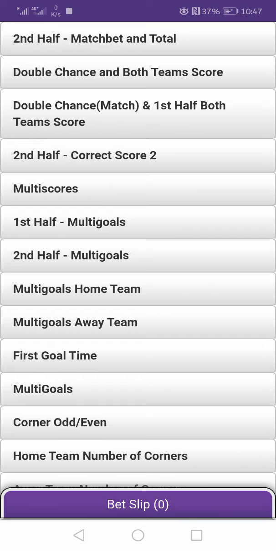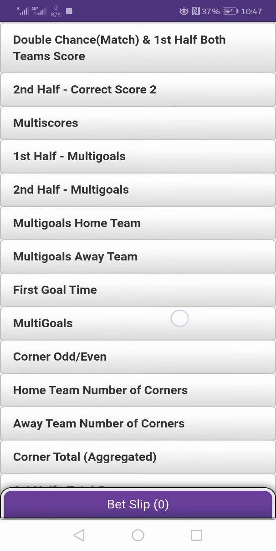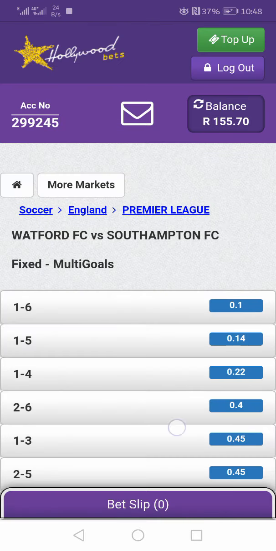And third but not last, the best one, multi-goals. This one will never let you down. This one hardly lets you down. And I got that confirmation because people have been telling me that, look, I've managed to win some money using this, so it's a good one. I can also agree. So now I get real clarity that this market is good. Multi-goals, basically this market is this,